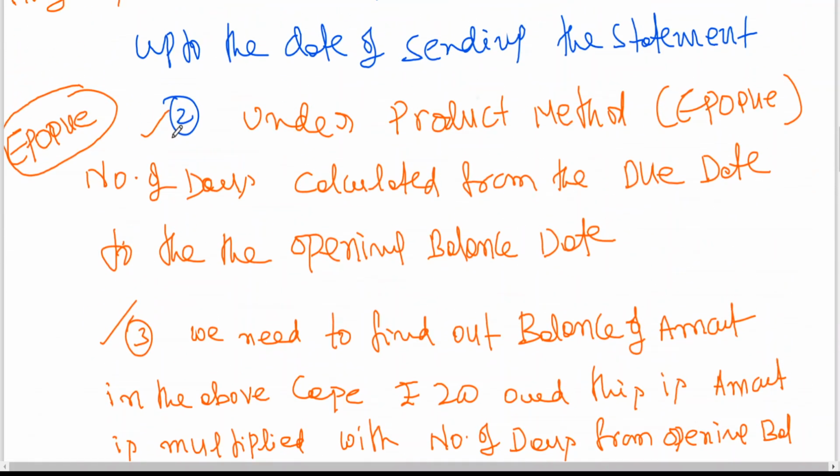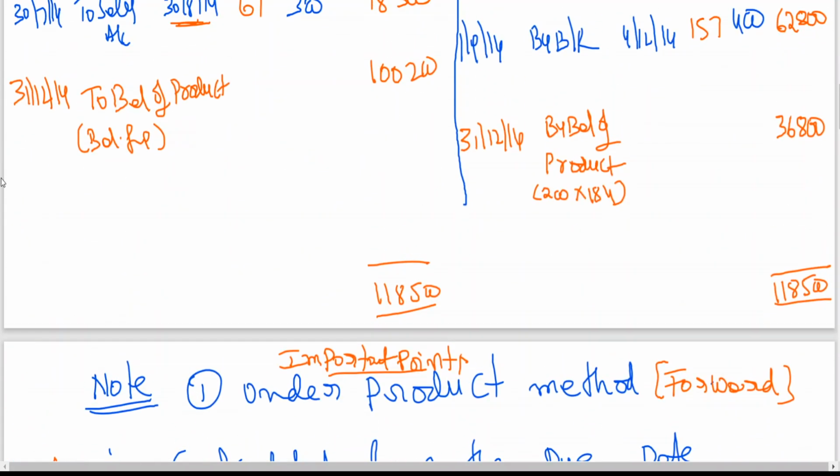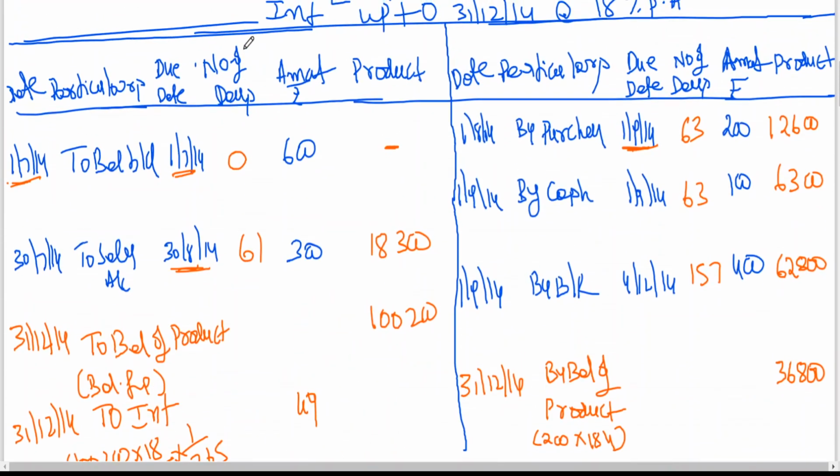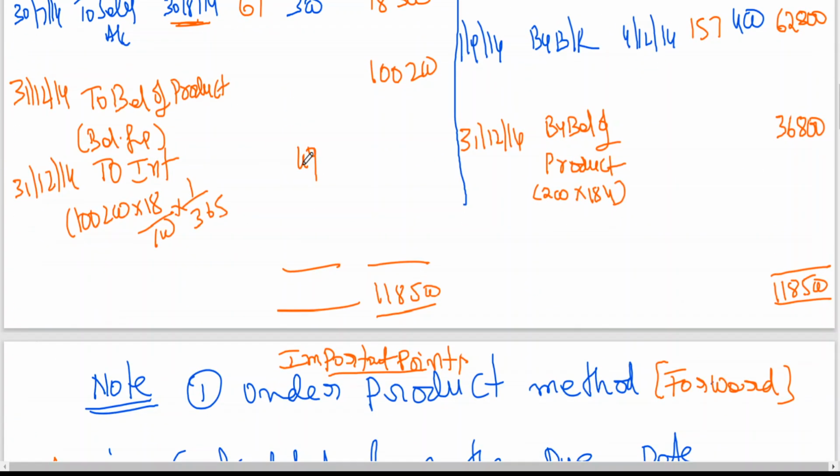Now, the simple thing we already calculated: interest at 31st December 14, you will be getting the same answer. Interest is 1,02,000 into 18 by 100 into 1 by 365. We already calculated. You are getting 49.41, which is nothing but 49 rupees. You will be writing the amount cost. And as it is, come on, tell me, 600 plus 300 plus 49 is 949, 949 minus 700, you will be getting 249, 31st December 14.